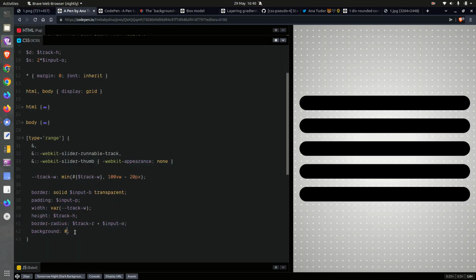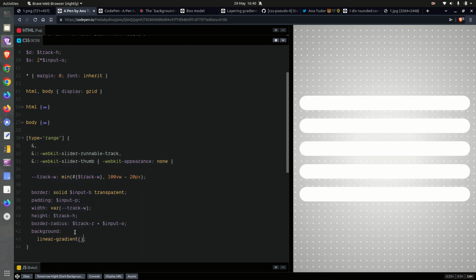So now here we're going to have a linear gradient. So first we're going to have the one for the border box. This is going to be at the bottom, and this is going to be one that's slightly lighter. So we are going, lighter means bigger values. So let's say